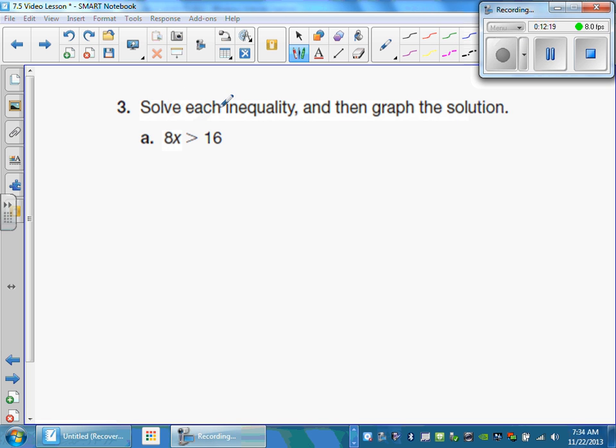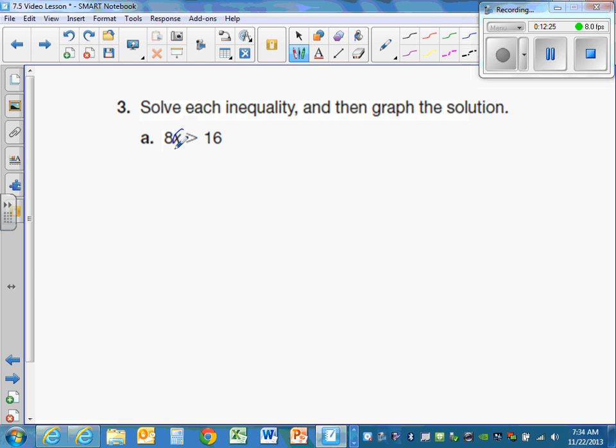It just wants you to solve each inequality and then graph the solution. So here I am trying to get x all by itself. x is being multiplied by 8. Opposite of multiply by 8 is divide by 8. I then need to cross those out. I'm left with x is greater than 2. When I go to graph it,